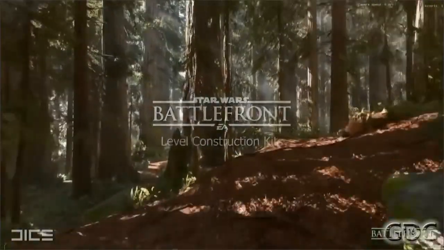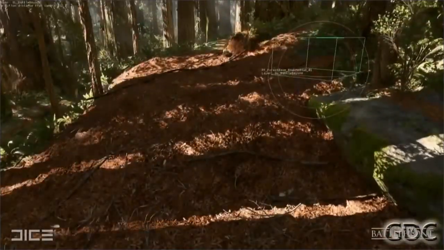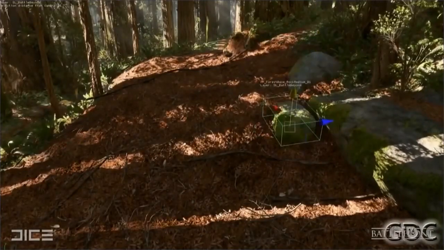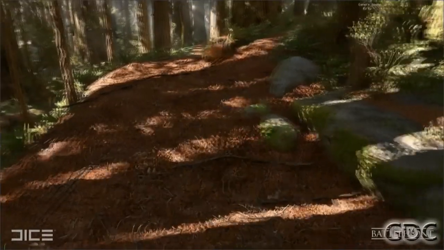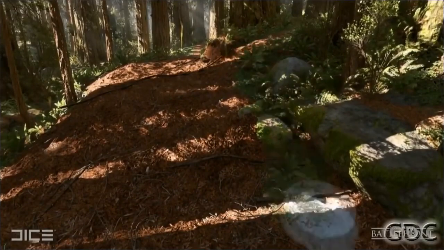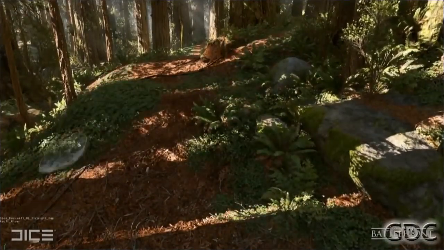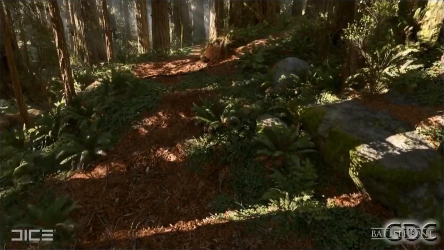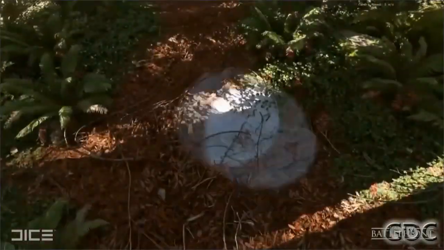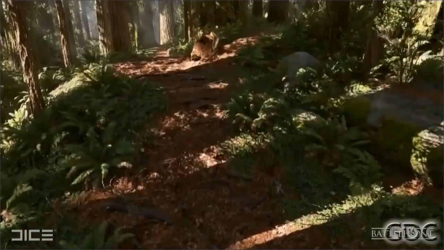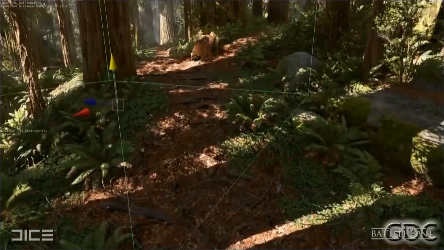Here's a short video on just using one of these kits. So here I'm just illustrating how we can easily place out the objects that are connected to this biome, painting out materials that are already ready to go with the ferns and that procedurally distribute. Just shows kind of how fun it is to play around with these with the visuals already up to quality.